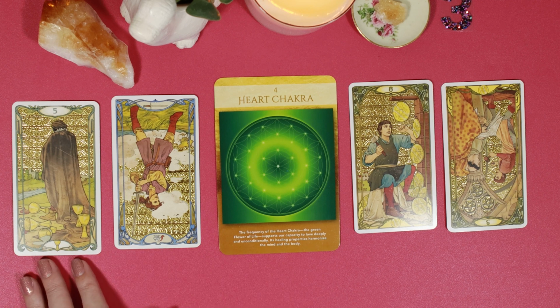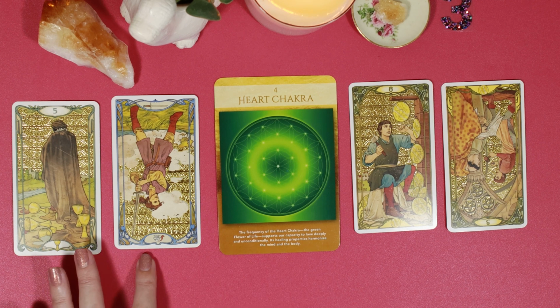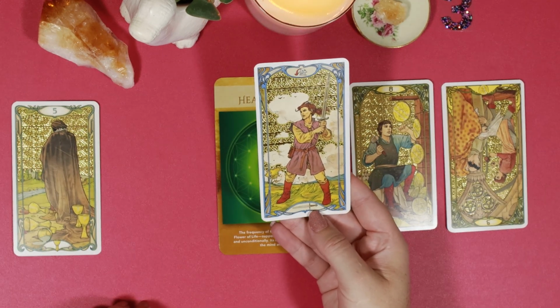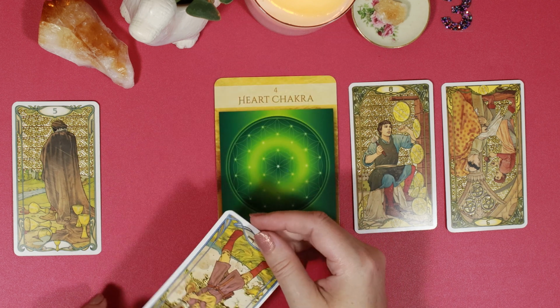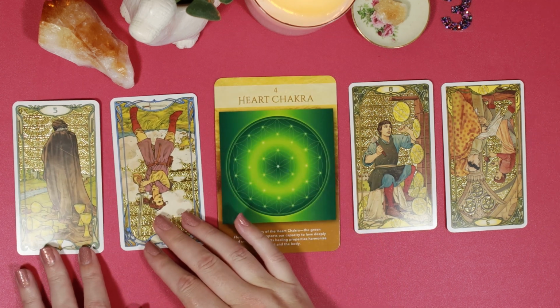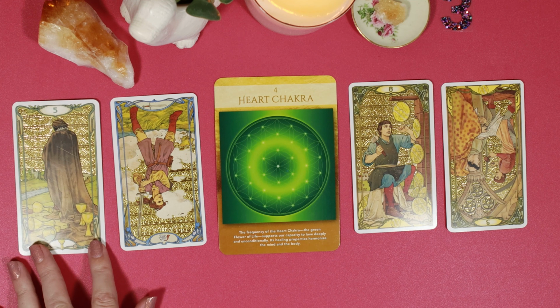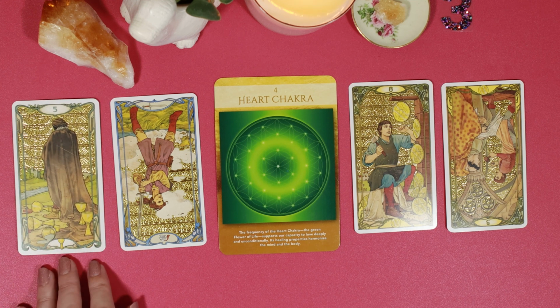So we've got the 5 of Cups, and then this is the Page of Swords. So I think there's some information that is getting delayed. It could be like a promotion that you're getting, it's getting pushed off a little bit, or you thought you would hear back. Maybe it's a new job offer with another opportunity. The opportunities are coming. I just feel like you're focusing really on the negative, and you know what, I get